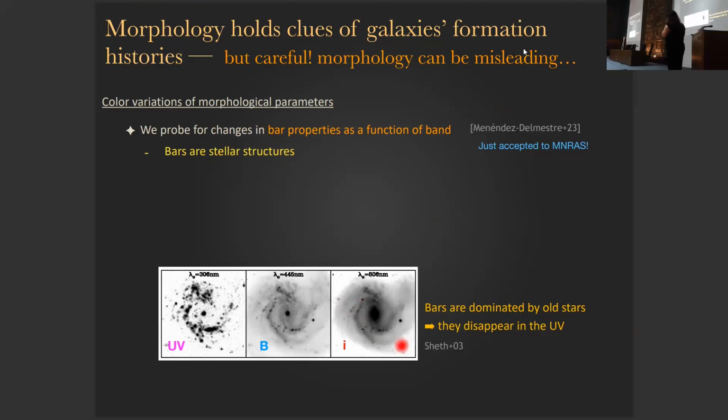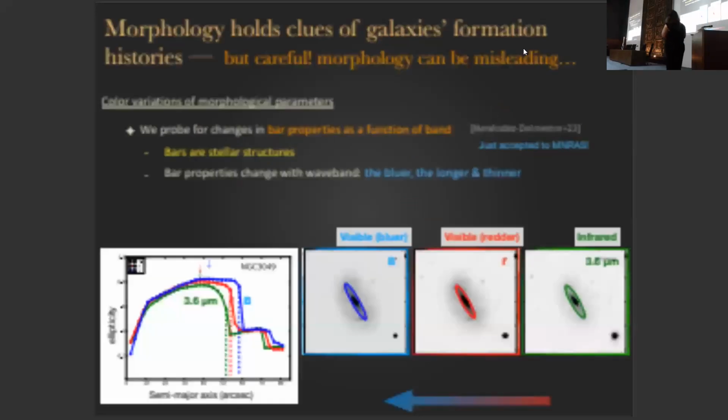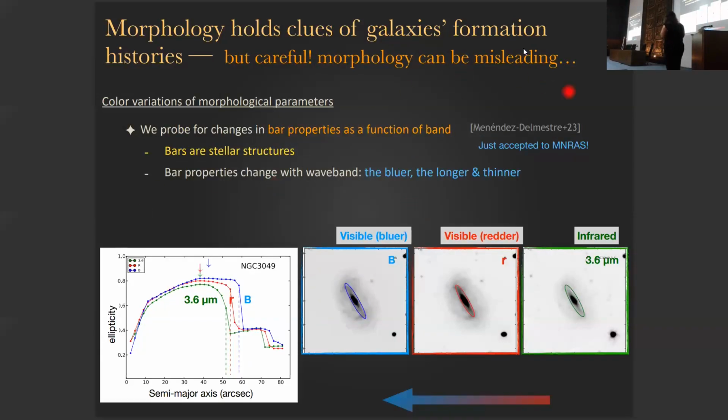And if you look at a bar galaxy out to the UV, you actually lose track of that structure. This is work that was just accepted a couple of weeks ago. It should hit the archives pretty soon. It hasn't yet, but it was accepted by MNRAS. What we look at is the ellipse fitting profiles, the radial profiles. And what we see is that galaxies, as you look at them from the infrared, which is a way of looking at the distribution of low mass stars, when you look at them towards the blue, they actually become thinner and longer.